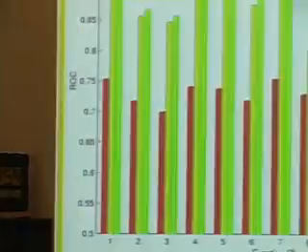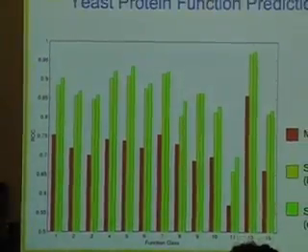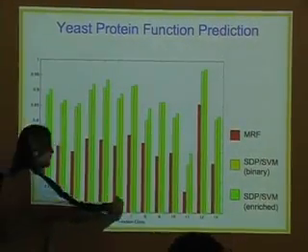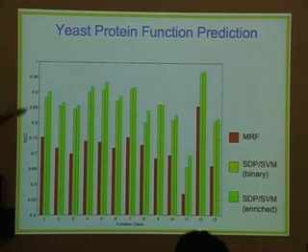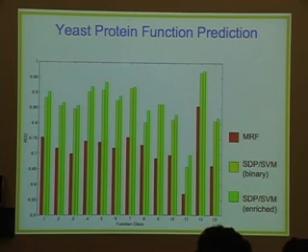But basically what we try to do here is predict the function of yeast proteins. There are certain functions that we try to predict. For each of these prediction problems, we plot the performance again on the y-axis, and we compare our method, which is in yellow, with a Markov random field method, which is in red here. It turns out that we use the exact same data as the Markov random field approach that they developed at the University of Southern California. And in the end, for most of these classes, it turns out that this SVM-based approach actually outperforms the Markov random field approach.